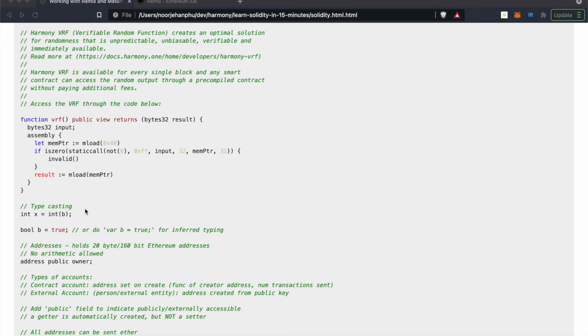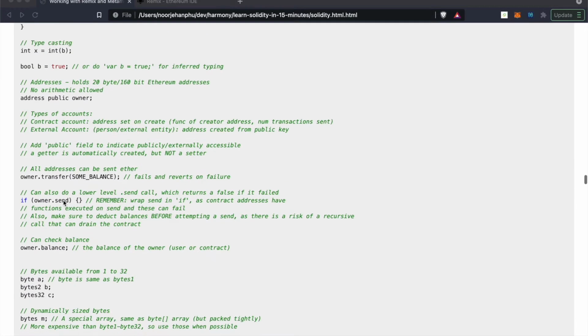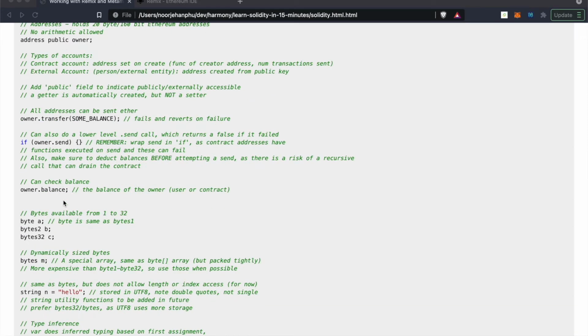The code for this is here. You can just copy and paste it and you can use it. In Solidity, there's typecasting, so you can convert any variable to any other variable, and Solidity will do its best to try and convert that. There's a special address data type, which you can't do arithmetic on. However, it does allow you to interact with other accounts